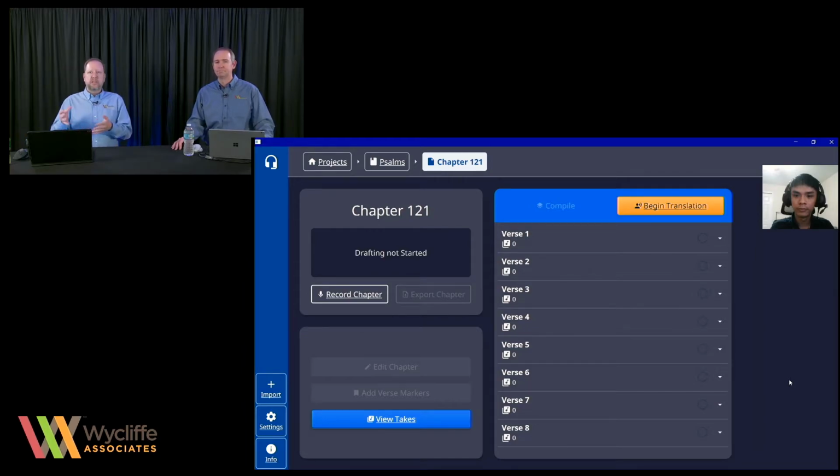Right. So fortunately, he just has to look for the big yellow button that says begin translation, and it's going to walk him through verse by verse. So let's go ahead. But before we go forward, I'll just make a comment. This project is English to Vietnamese. So in this sort of faux translation process that we're doing here, this would be a translator who can read or speak English, which is why the user interface is in English. But if we were going the other direction, what would the user interface language be?